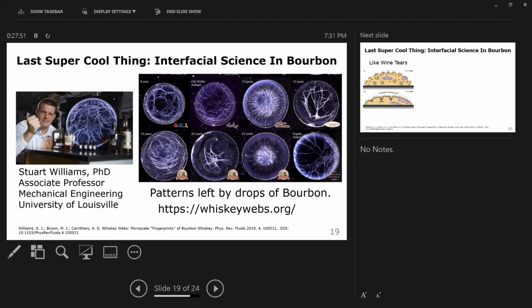If you dry a drop of bourbon, so these are all dry drops of bourbon. If you just take a little bit of your bourbon, put it on a glass slide, you dry it, you'll get these really interesting patterns, and the patterns are actually consistent with the type of bourbon that you've chosen. It's consistent with, if you have different ages of the same bourbon, or if you have different bourbons entirely. This changes, and actually this faculty member here, Stuart Williams,